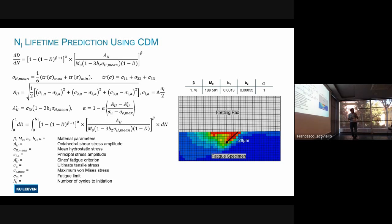We also did some numerical work to simulate what's actually happening. For the crack initiation, we used a damage mechanics approach. For damage mechanics, there are different ways. We use the Chaboche model. I'm not going to go through the details here, but the damage mechanics approach considers that the stress and also the stress gradient are responsible for initiating fatigue damage. And then we have some material parameters. The first two can be